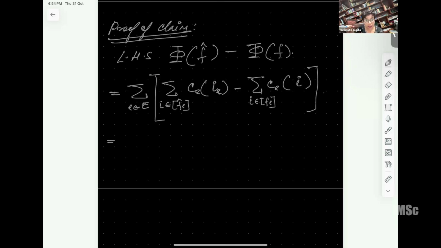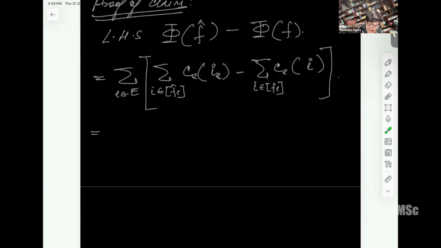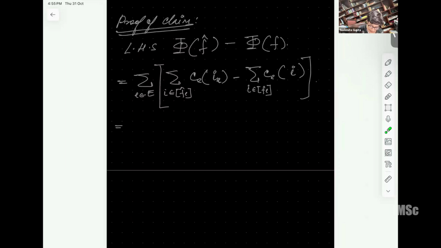All those edges which are unaffected by the deviation of agent i, meaning all those edges where no new flow comes through, are unaffected, right? So their quantity remains the same. So f_e is actually equal to f hat_e. So that gets cancelled. So the only edges remaining are what? We can think of only edges whose difference matters. Yes, tell me, what is it?